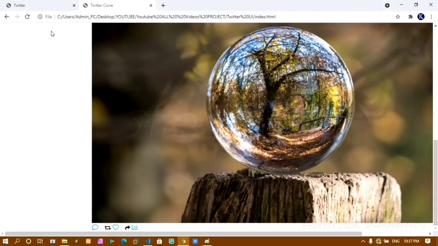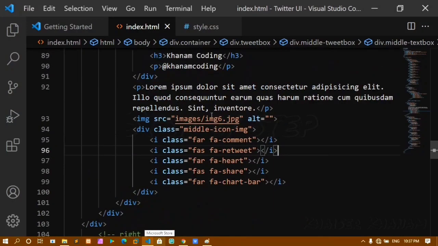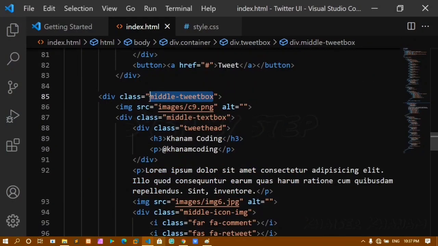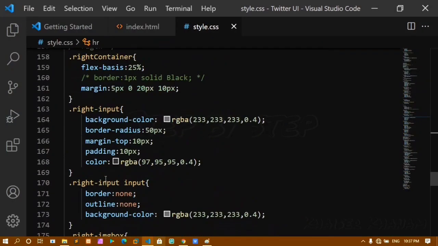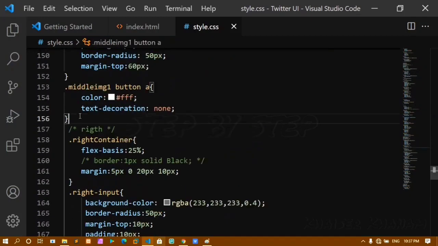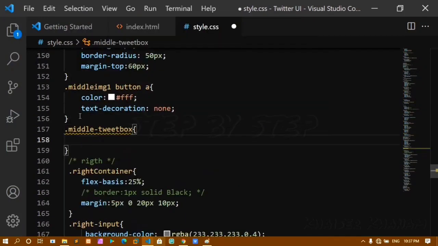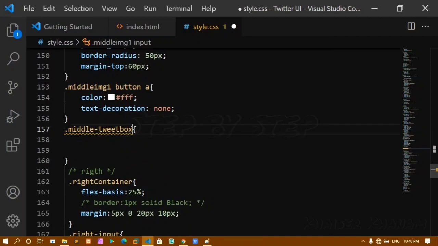Now once I'm done with the HTML part, let's go to our styling part. I'll just copy this class and paste my class here. Before styling this one, I just want to style the image, that is my character image.